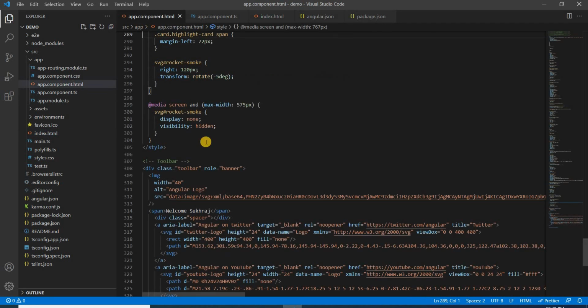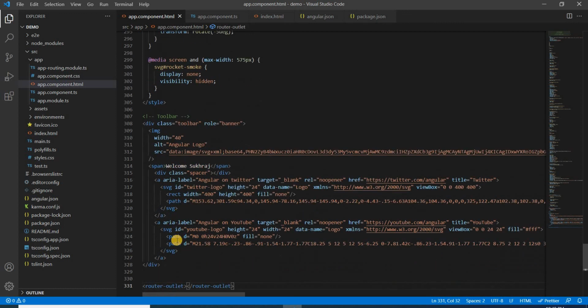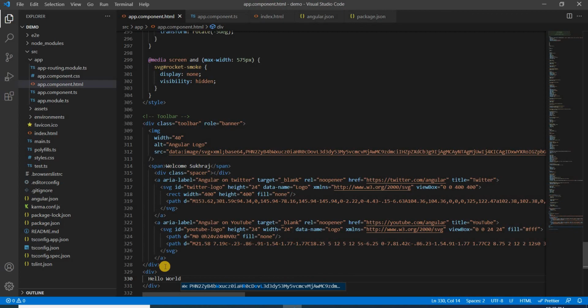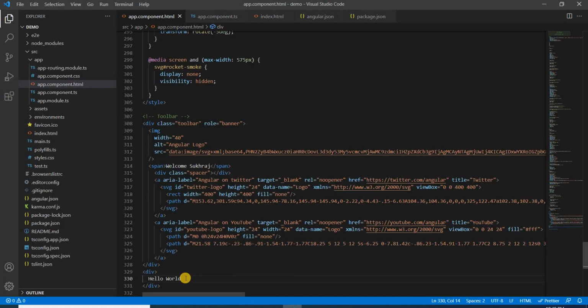Now inside the app component, I will include some other things. For example, we have a div here. Here we can say hello world. Why is it not reflected?